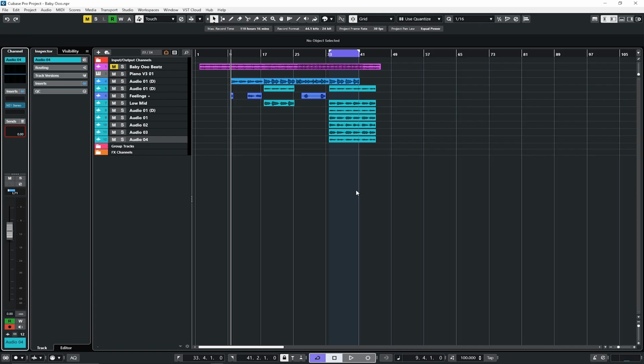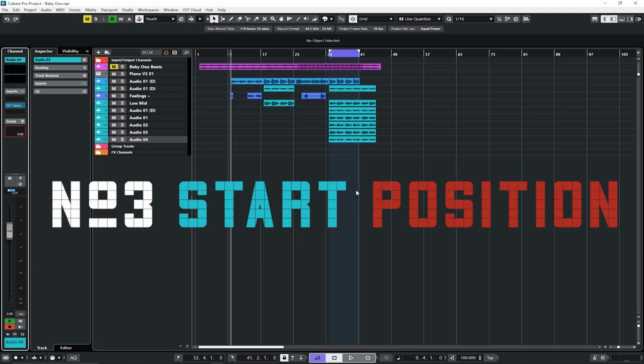Moving on to the third feature, the playhead. You know, one of the things in Cubase that is so annoying sometimes, if you start the project like here,